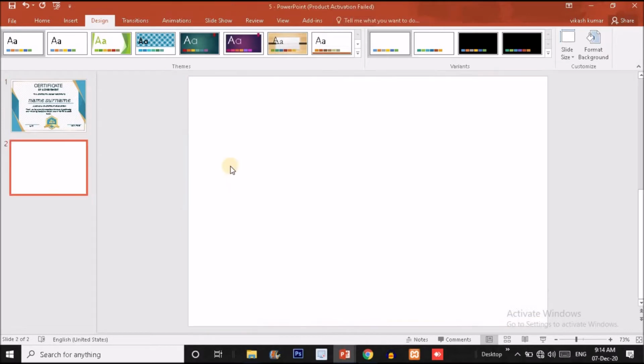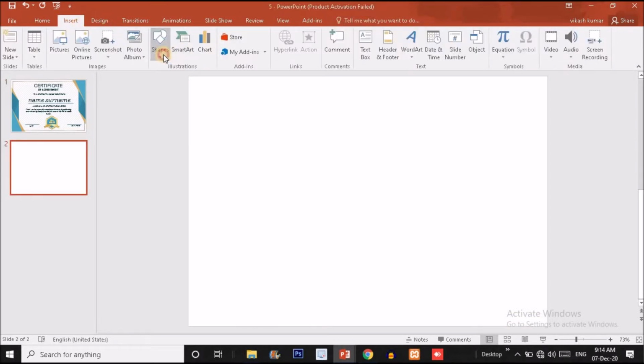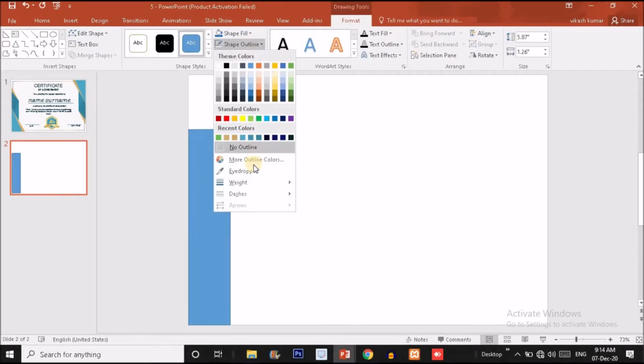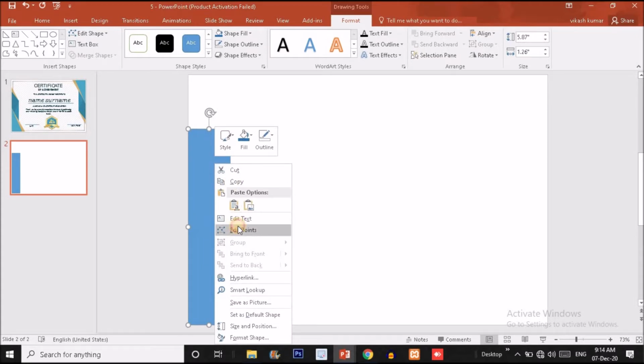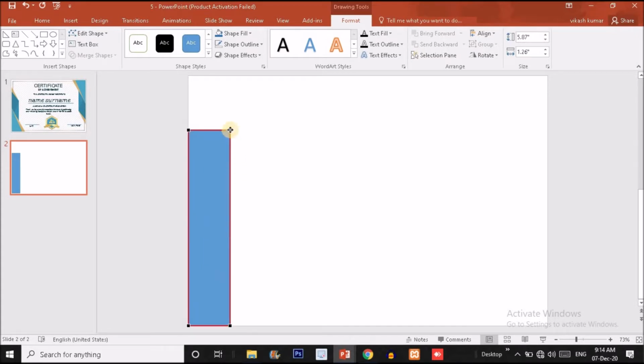So to do that, I will click on new slide option, just click on insert option, and first you have to click on a rectangle from the shape option and drag a rectangle like this. The width should be this much and the outline should be no outline over here. Right click over the rectangle and choose edit point option over here. You will find 4 dots on each corner. You just have to make changes with the right top black dot. You have to put it over here like this.